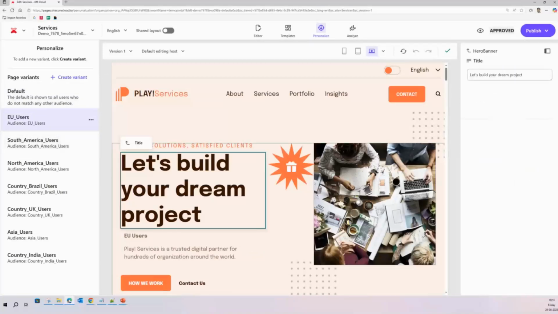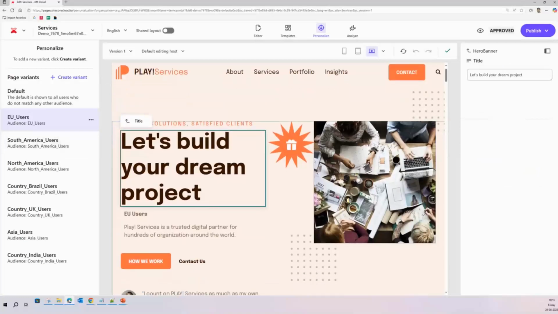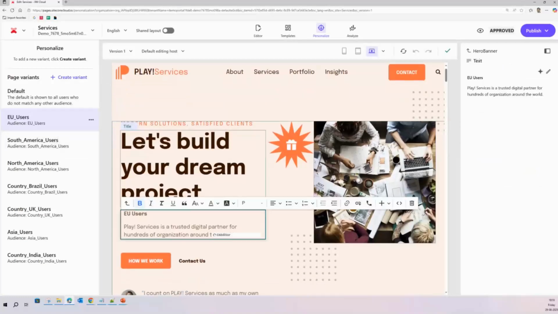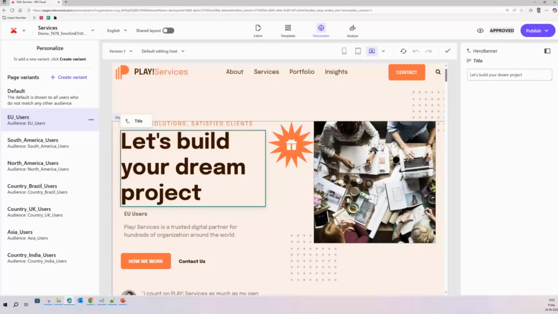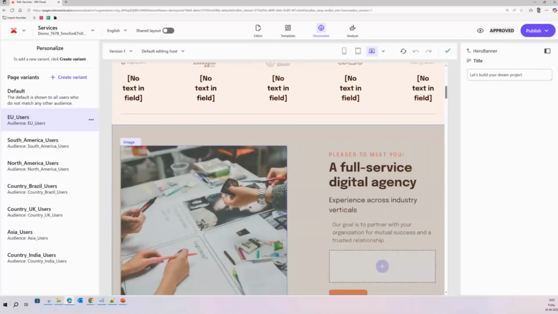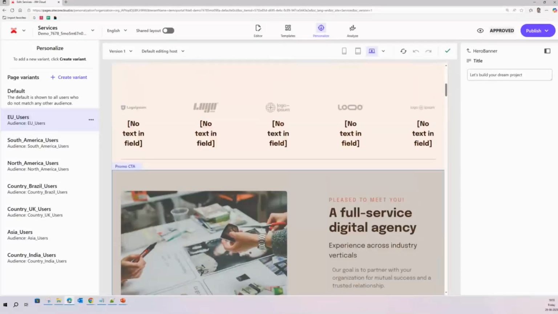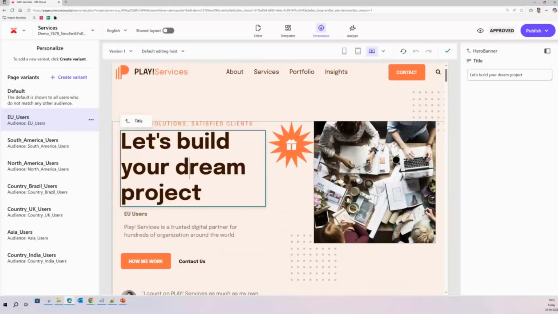Sometimes it will not give you. So wherever the personalization has been implemented in the page, it will show you the green icon. Currently it's not showing it, and wherever you haven't implemented it, it will show the amber icon there. So what I was trying to explain is the limitation here: suppose it is just fulfilling the